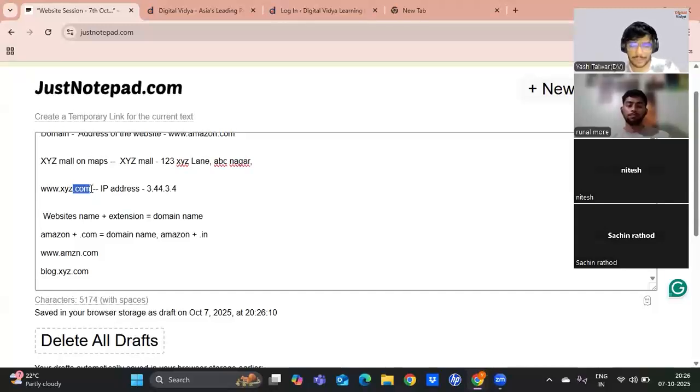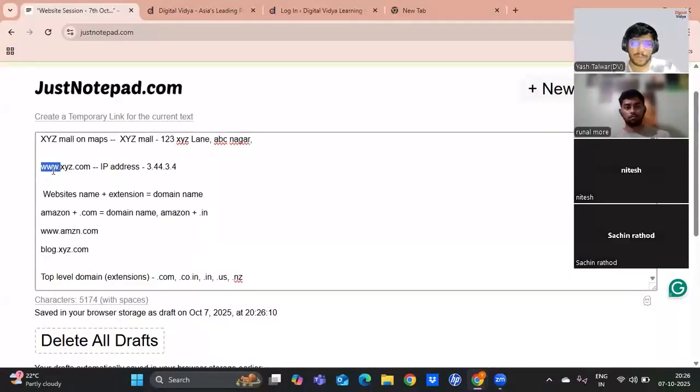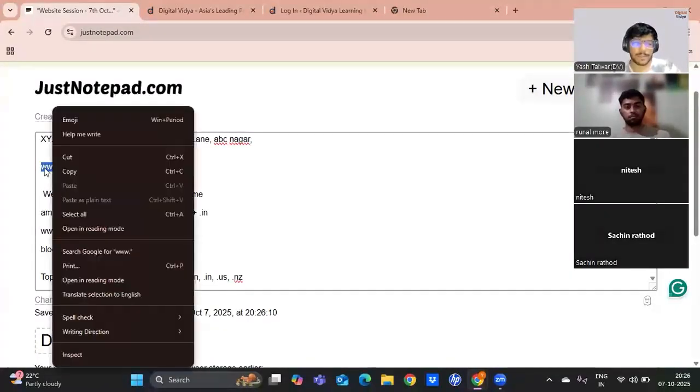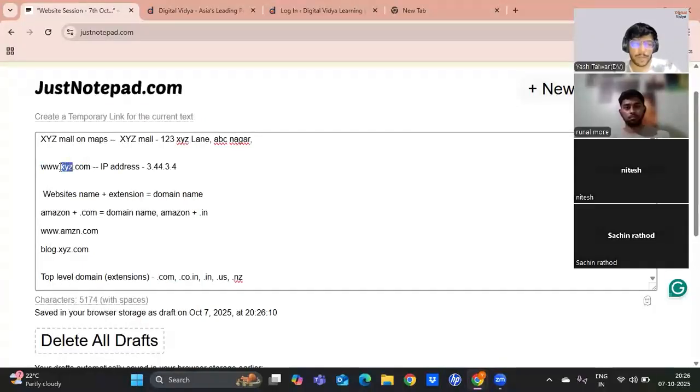Right? These are the extensions for your domain name. In the center, you have your domain name itself, that is the brand's name or the business's name. And before this, www dot, this is the subdomain. Right? So we have a subdomain. If we want to divide it, we have a subdomain, the domain name, and the extension.